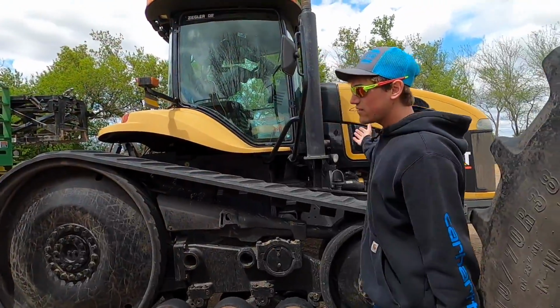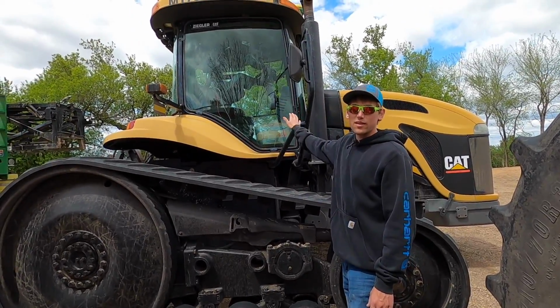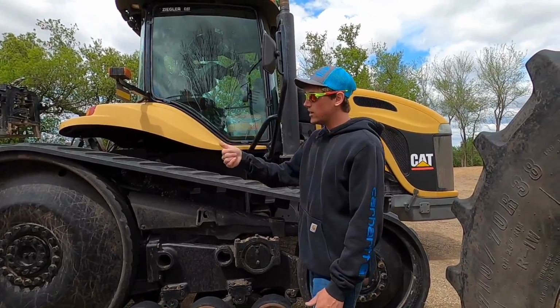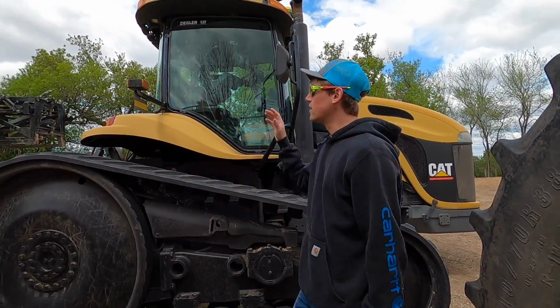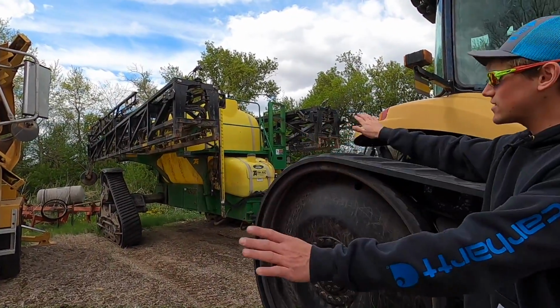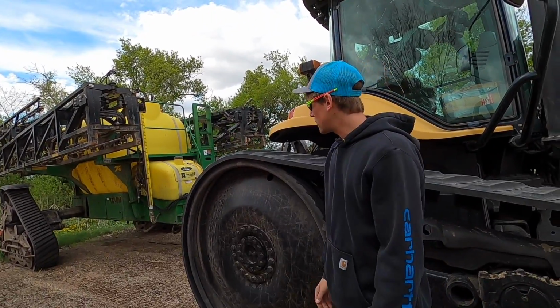Here's our MT755 tractor. All this tractor does is spray. It's dedicated to spraying pre-emerge, post-emerge, fungicides on beans, stuff like that. But that's the other green sprayer. They are twin sprayers. They're the same exact sprayer, same brand, everything. One's just red, one's green. Otherwise, they're